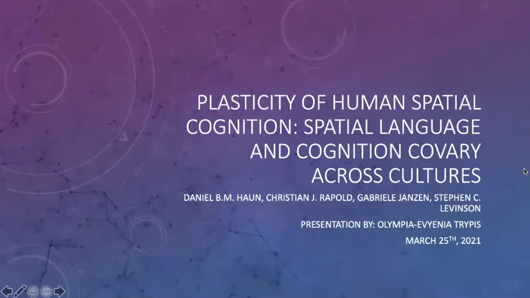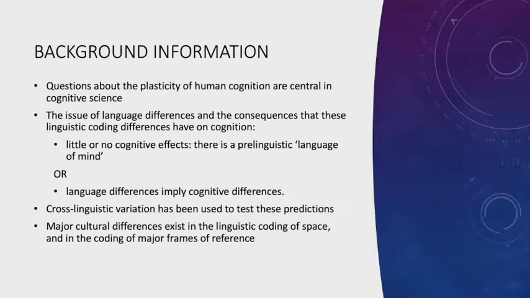Plasticity of human spatial cognition. Spatial language and cognition co-vary across cultures by Han et al. Questions about the plasticity of human cognition are central in cognitive science, specifically the issue of language differences and the